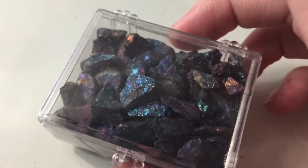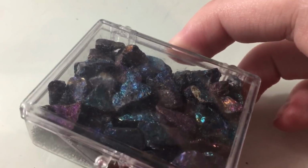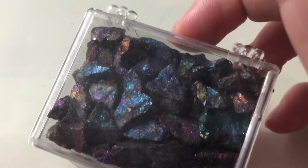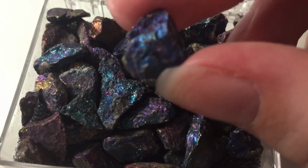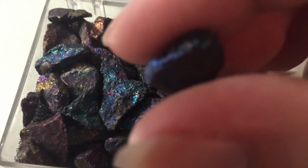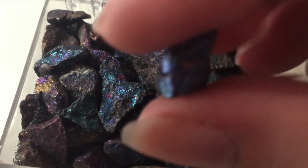Okay, the last thing that Jack got me is a little box of peacock ore. Peacock ore is also known as bornite, and I have one piece of peacock ore, but this is 20 tiny peacock ores, and there's so many different colors in there. I'm gonna have to make sure to get a really cool close-up of this one because it's just...